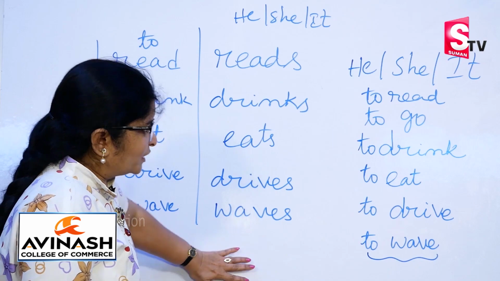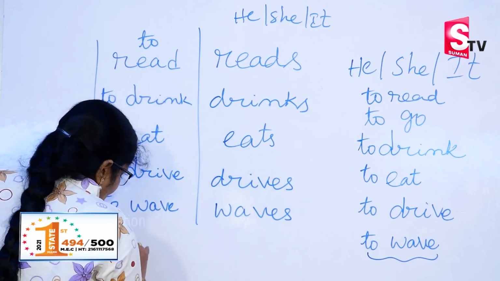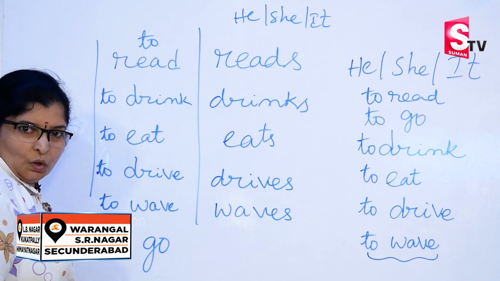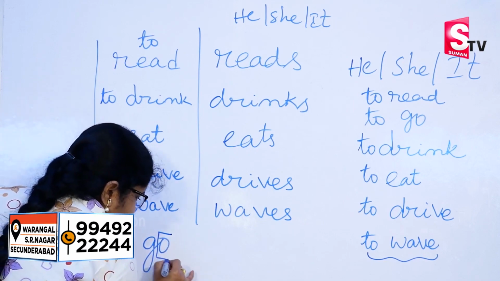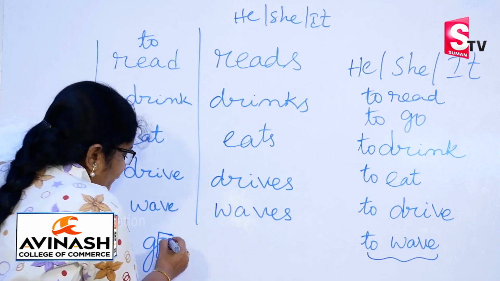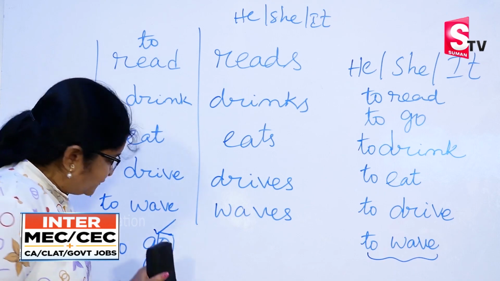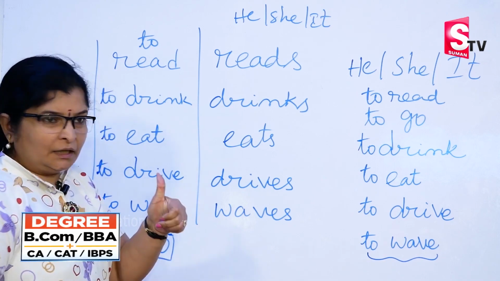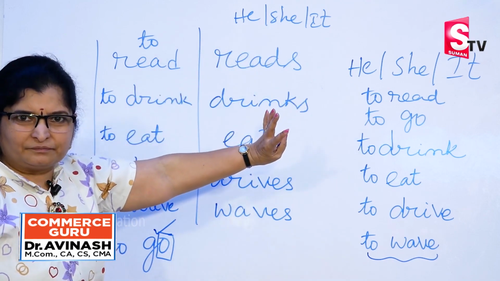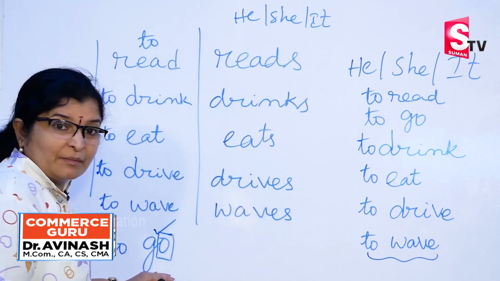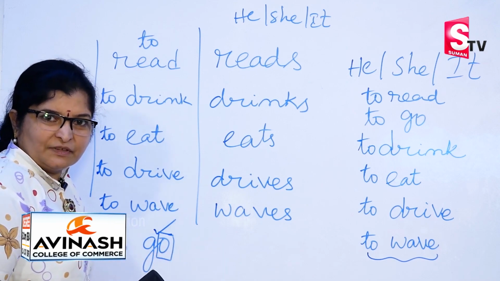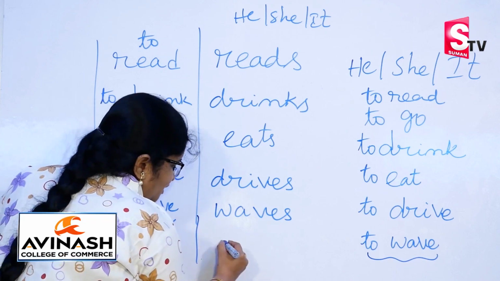Now another one, to go, is it? Now in this to go, this is ending with what? Good. O, is it? Well, whenever the verb ends with o, thumb rule enti? Add s to the verbs when he, she, it is there. That's mandate, right? Now ఇక్కడికి వచ్చేసరికి ఏమైపోతుంది? go, o తో ఎండ్ అయింది కదా. Whenever the verb ends with o, this changes to